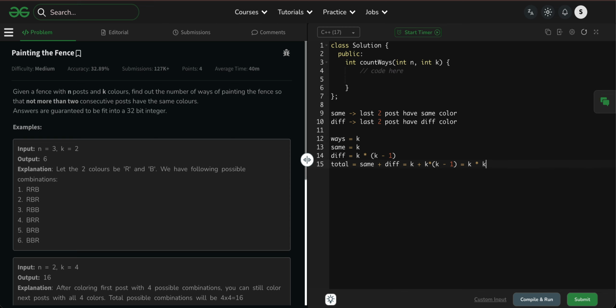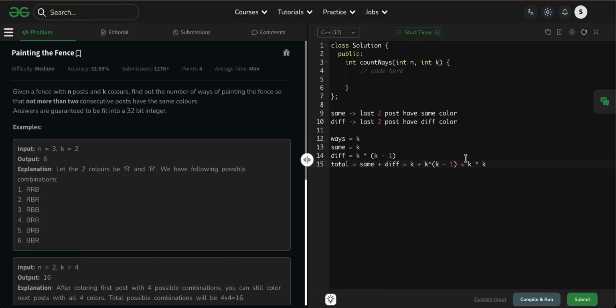So the transitions: for every post, case 1, you can only make same if previous were different, right? You can only make same if previous were different. अगर पहले वाला डिफरेंट है तो अभी वाला बस सेम करना है, सेम आई इज इक्वल टू डिफरेंट आई माइनस 1. और अगर डिफरेंट आई है पहले वाला तो यू कैन यूज इन ए डिफरेंट कलर देन प्रीवियस, right? So the final answer is same plus different, right? So that is the problem.